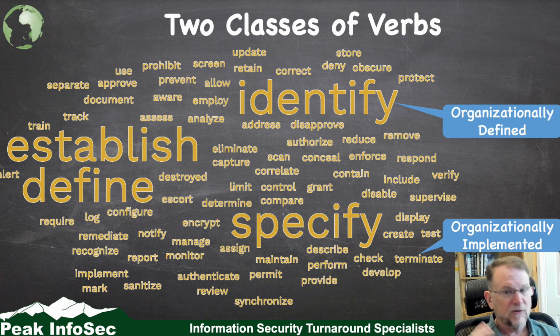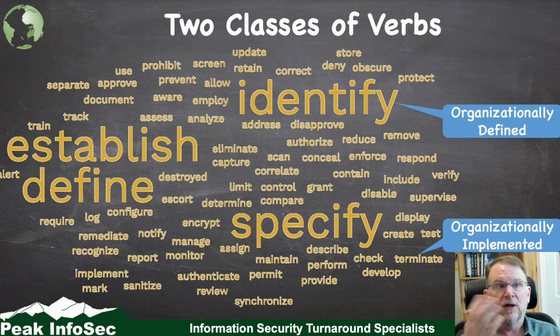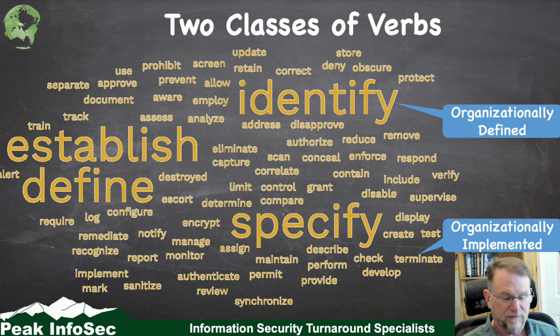Now, in there, the quick summary of this, we talk about the two classes of verbs, and within which there are four main verbs that pop out. Identify, establish, define, and specify. That is where you're setting your system configuration settings. You're defining the guardrails of the way you want your system configured. That's equivalent in 800-171 Rev 3 to an organization-defined parameter. Now, the other verbs are everything you're organizationally implementing and you're required to be doing. Again, there's the dynamic of tell me what you should be doing, and then are you doing what you told me you should be doing?